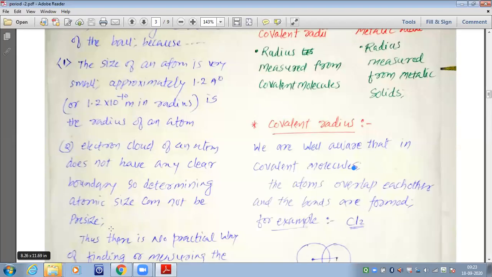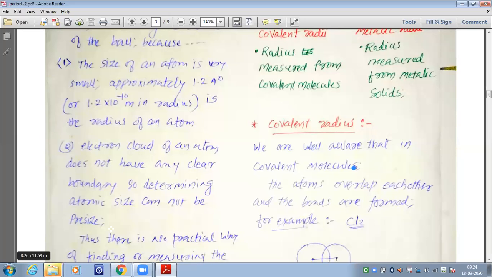You know, there is no wall-like boundary around the atom. For example, if you look at an apple, it has a clear boundary, it is restored into its cover. When we peel an apple, we can say that the apple exists up to this. The same is not the case for the atom. We do not know up to what level the electron cloud of an atom spreads. So there is no clear wall for an atom to measure its radius.